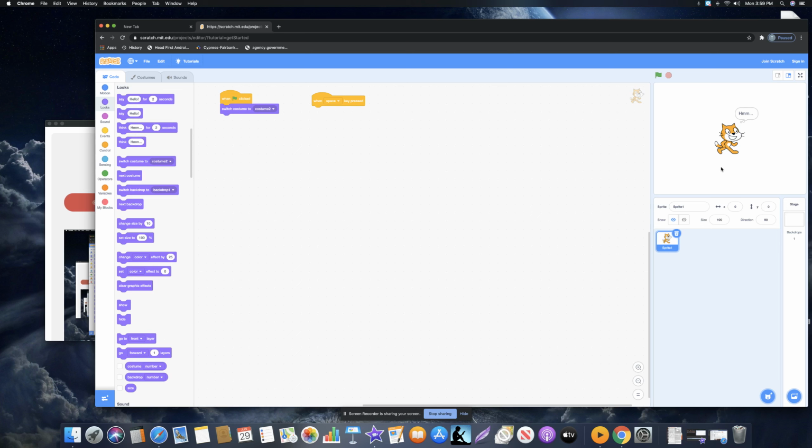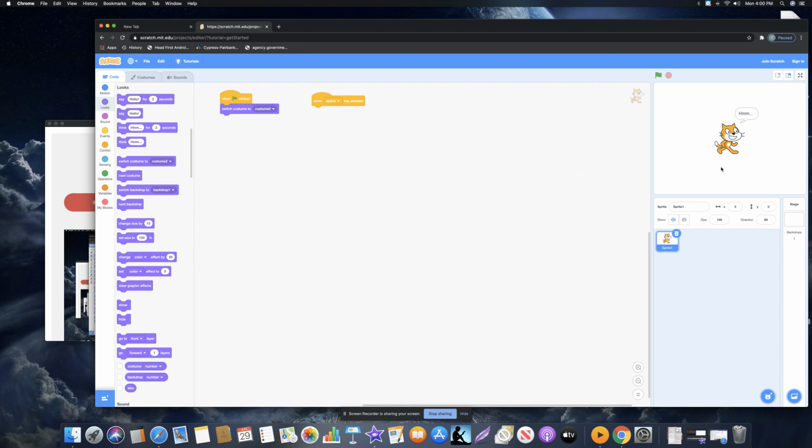Now it's possible we may have a picture of that same cat in the directory, but it's sitting down, or maybe we have a picture of the cat jumping up, or maybe the cat wearing a jacket. Or maybe we want the cat to transform from a cat to a dragon, from a cat to a monkey. Whatever kind of transformation you want to do, that's what the switch costume feature is for,